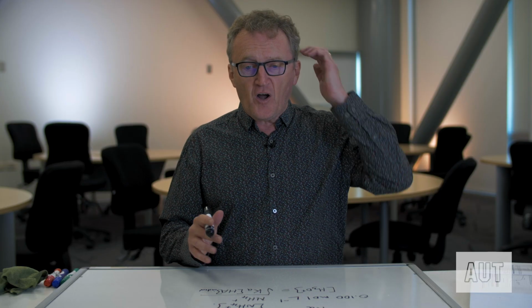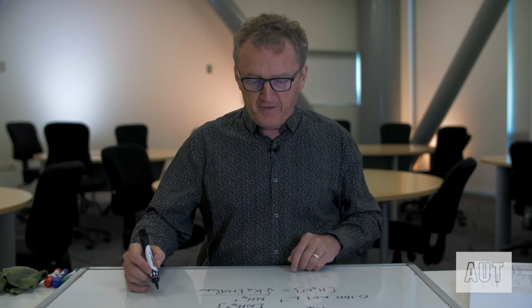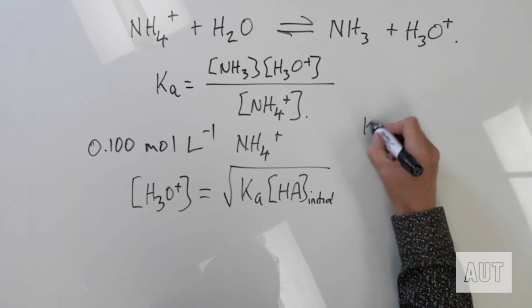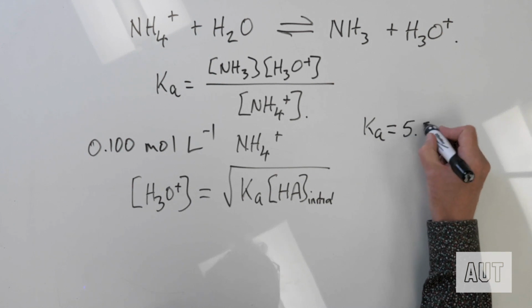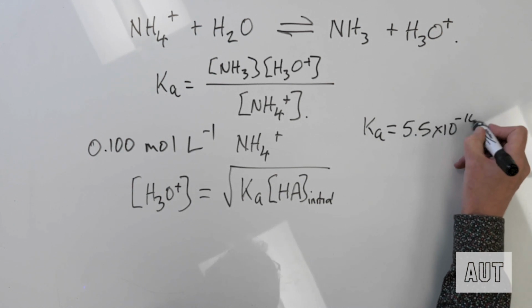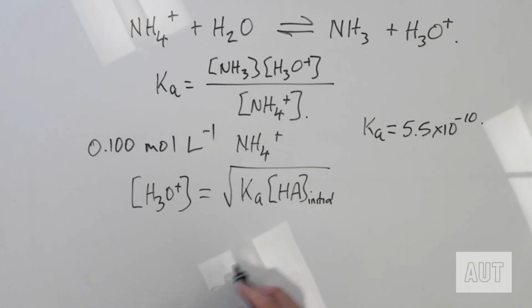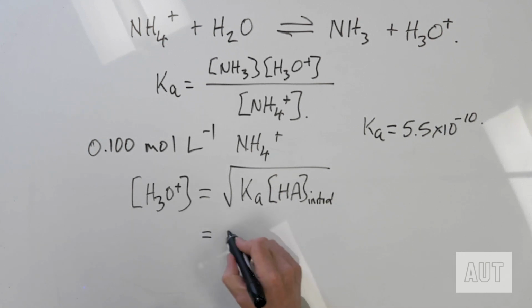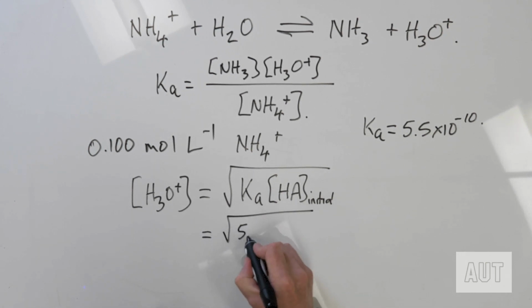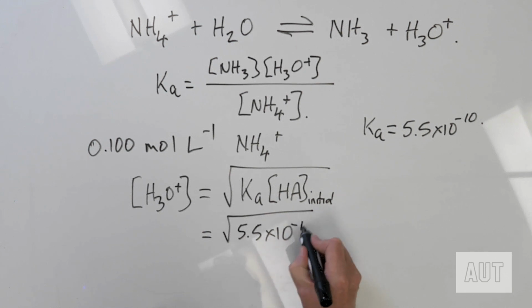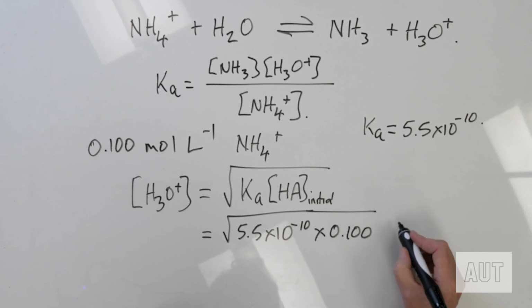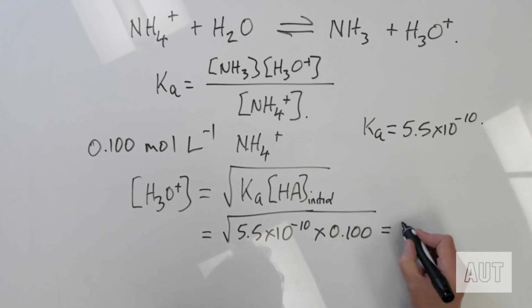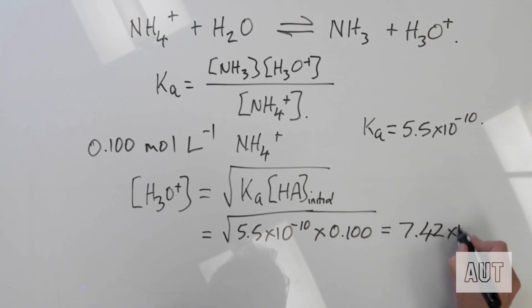That means that we need to know the Ka of ammonium ion, and the Ka of ammonium ion, again, this would be given to you, is 5.5 times 10 to the power of minus 10, okay? So then knowing that the H3O+ concentration is the square root of 5.5 times 10 to the minus 10 times 0.1, and that comes out at 7.42 times 10 to the negative 6 mole per litre,